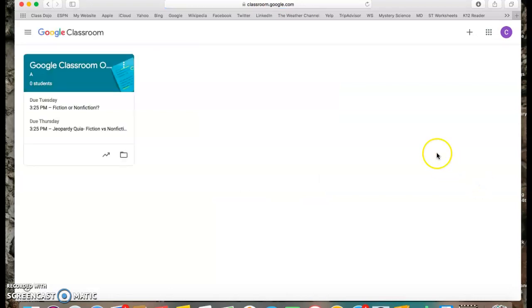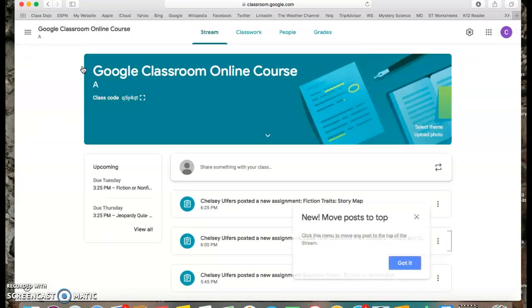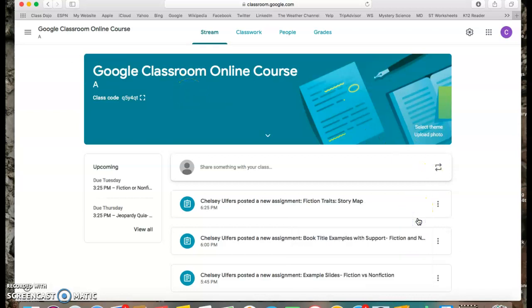Once you get to this point, you will have to click on the classroom that you want to add a material to or a resource for your students to use. Next step. Okay, so now you are on the stream. Once you get to this page, you're going to want to go up to the top where it says classwork